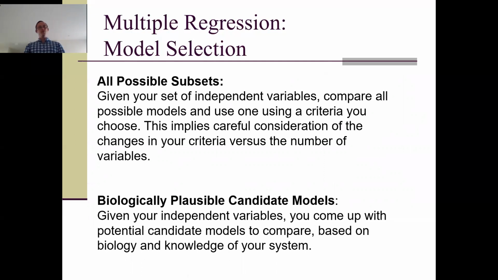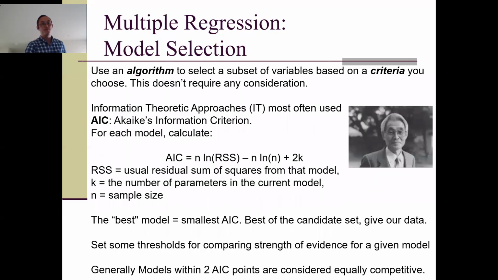There's also, of course, the approach where you have some a priori knowledge, before you even started studying, or different kinds of studies that have already been done. Therefore, you know which ones are most likely to work. And so you might only focus on those different combinations and use those to educate what you're going to test for. An alternate approach, that's a little bit more agnostic, where you're not really knowing exactly what model might work best, but you have a lot of variables you want to whittle down,